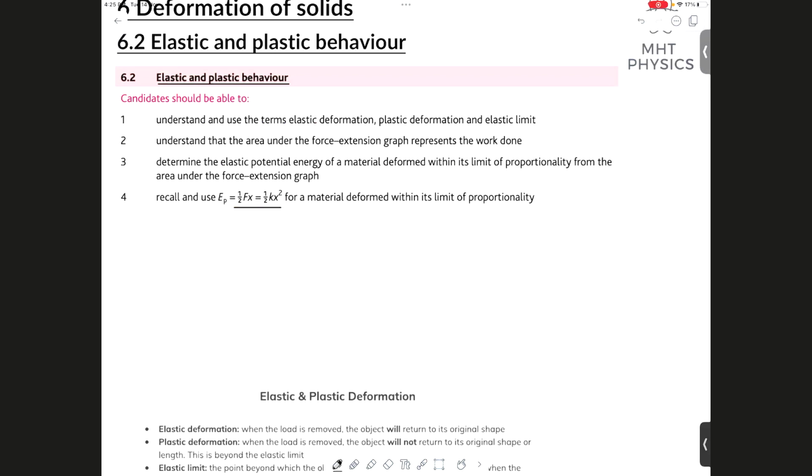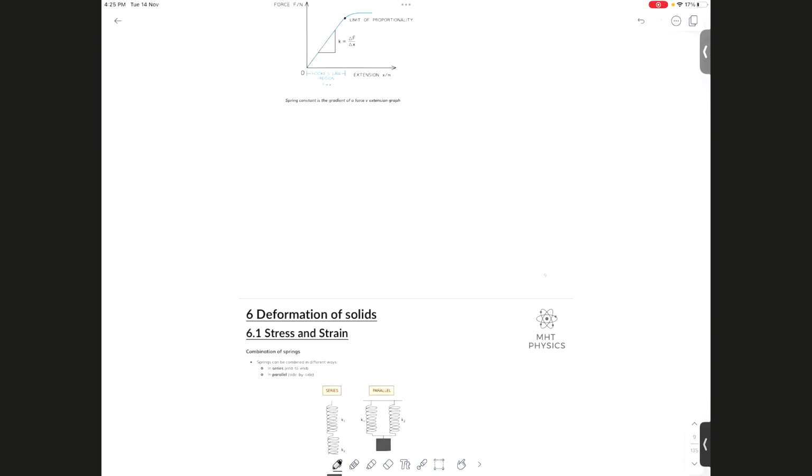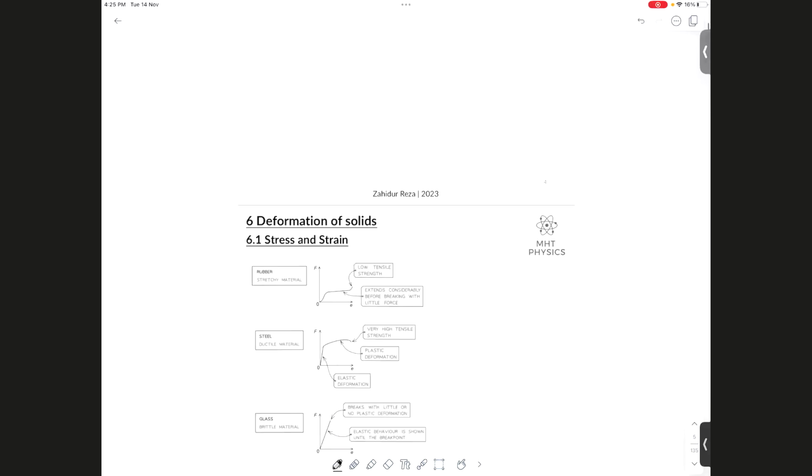Asking about different from this. So that's what I want to build the line here. This is done. So what are we done with? We're done with springs. We're done with the behavior of springs. You can add charts. I'm not really sure if it's in the syllabus or not. I mean, I think it's